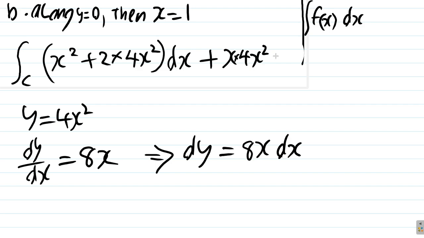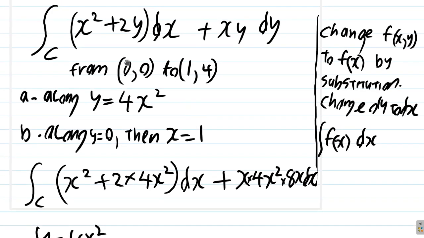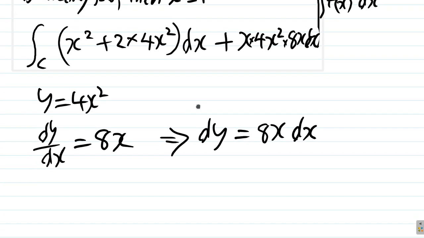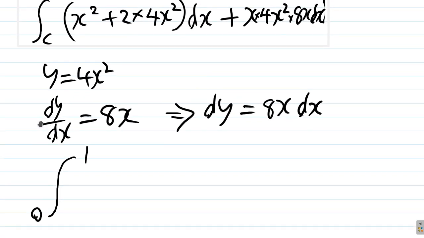Now we know it's an integral along a curve of a function of x dx. x1 is 0 and x2 is 1. So we're going from 0 to 1, so we can put that on the integral sign now, from 0 to 1 of x squared plus 2 fours, 8x squared dx